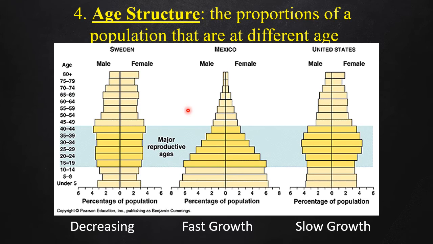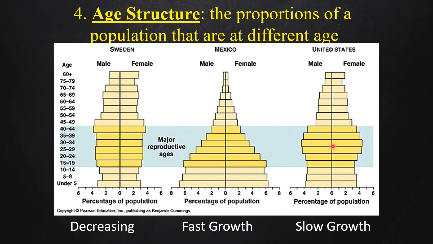Age structure diagrams track the proportions of populations that are at different ages. Here we have the age structure diagram of a fast growth country with a wide population base. What that means is that the highest population density is in people that are under 5 years old, followed by 5 to 9, and then 15 to 19. When these lower populations in age reach reproductive age, the population is going to skyrocket. More couples, more kids. You would expect exponential growth.